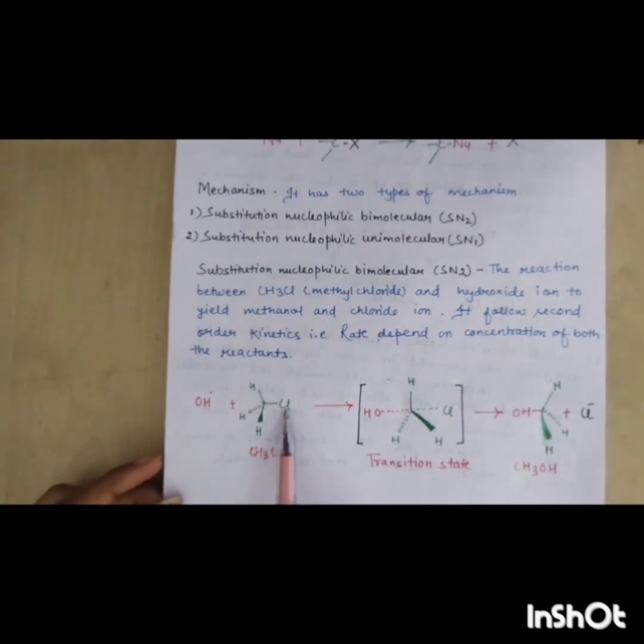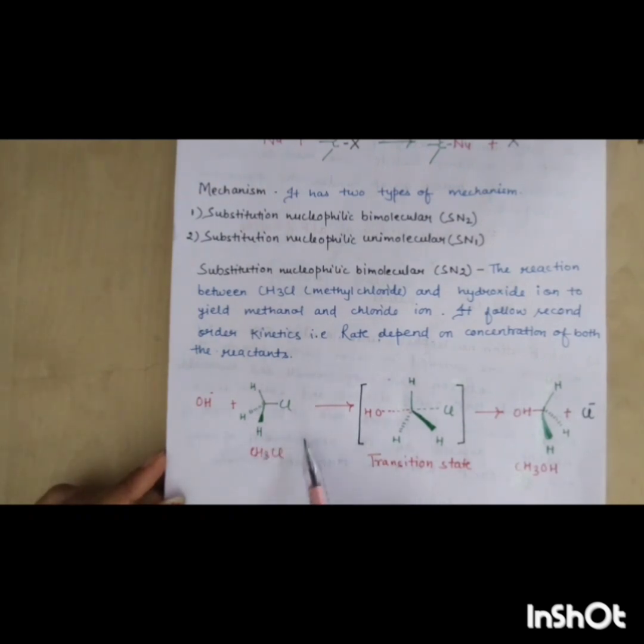The nucleophile approaches the carbon bearing a good leaving group of a simple alkyl halide. Here you see that inversion of the structure takes place. It is just like a mirror image of both the structures. And here is the good leaving group. What is the leaving group here? The chloride ion. It acts as a good leaving group. When the nucleophile attacks the carbon, then chlorine detaches from the CH3Cl molecule.